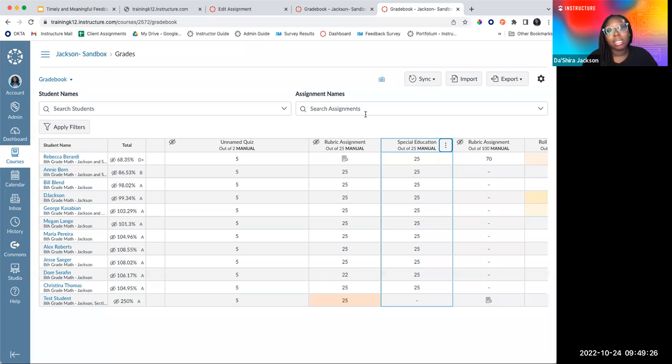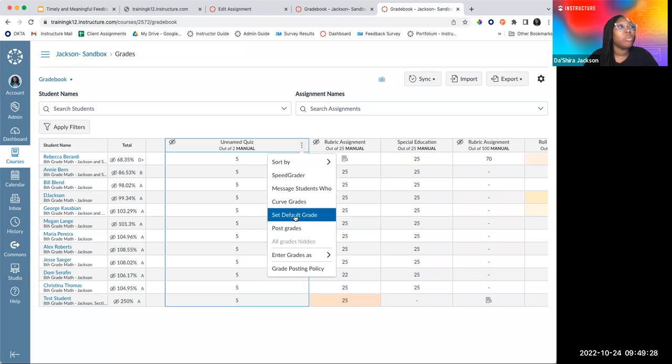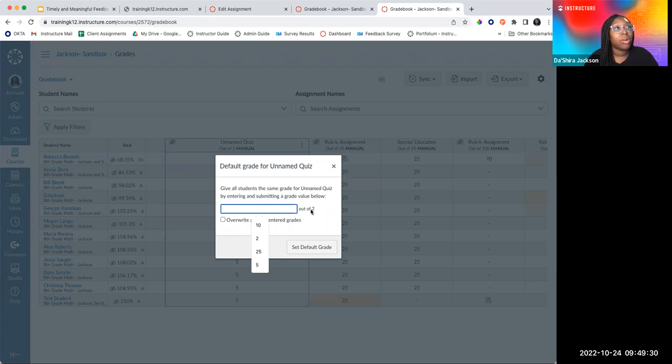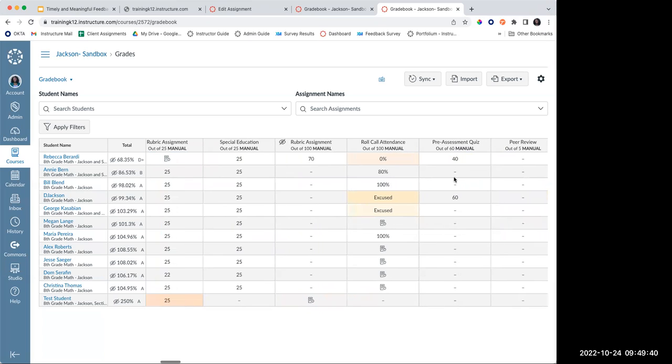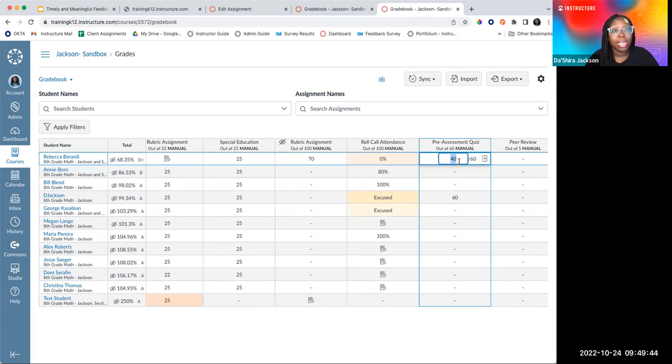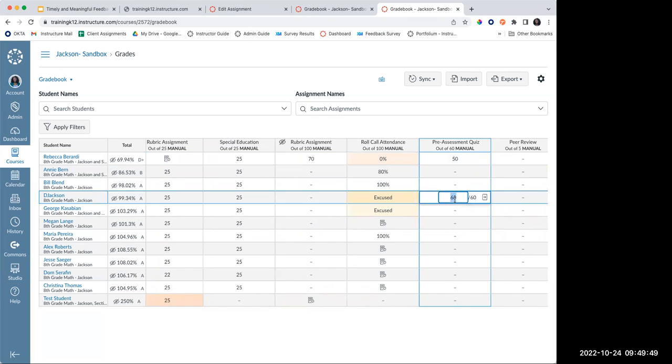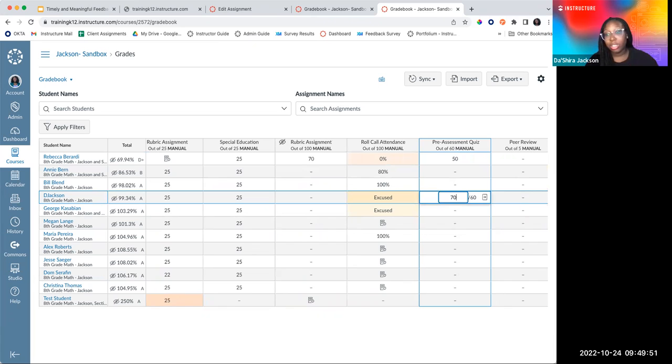So the default grade would be if everyone's going to get the same grade, right? In the example I used, everyone's going to get 5 points instead of 2. It's just going to replace the grade that was there. If you just need to add additional points, you can just click, let's just say here, the student is going to get 50 points, because everyone's getting an additional 10 and this one's going to have 70. You can just click into it and enter it that way.